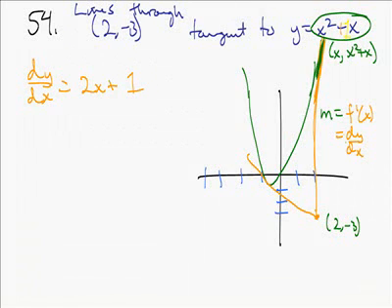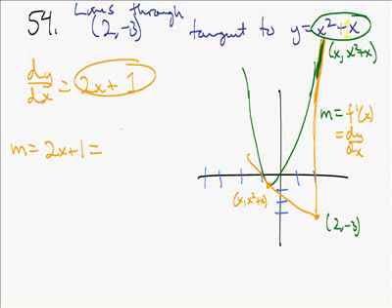So there's going to be 2 points. One is going to be up here. The other is going to be down here, (x, x squared plus x), where the slope from (2, -3) to this point has to equal the derivative because we want it to be tangent to the curve at this point. And the derivative is given by 2x plus 1. So the slope of this line, well, let's see, how can we find the slope? Well, one way is from the derivative. 2x plus 1 has to equal,